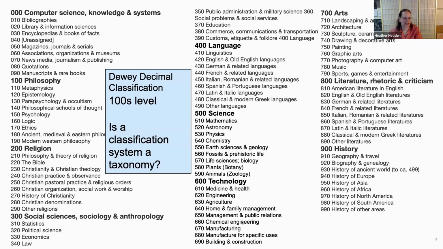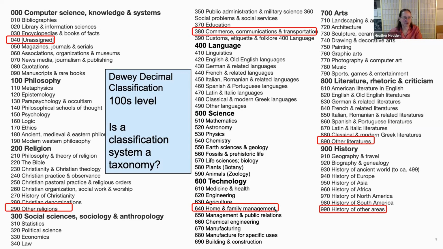Now, the question is: is a classification system a taxonomy? I think many basic introductions to taxonomy say, yes, it's like a classification system. I want to point out, no, there are differences. And if we look here, there are some things like a category up there, 040 for unassigned, and several of